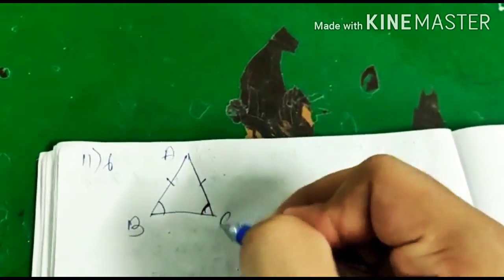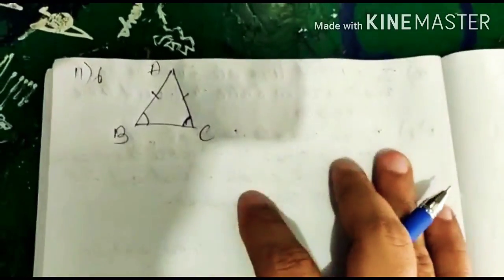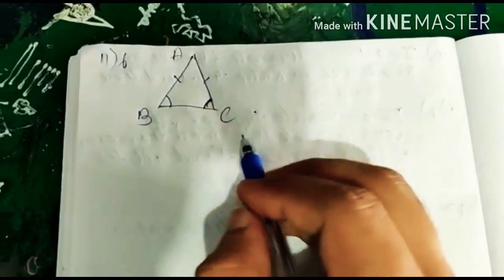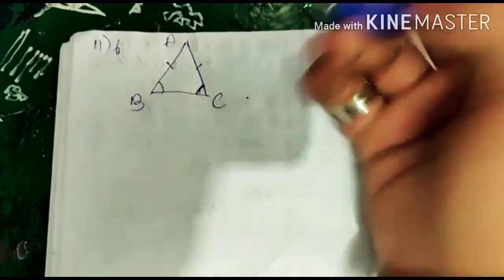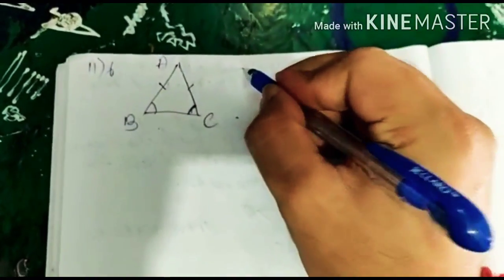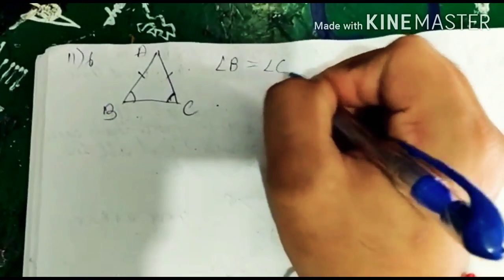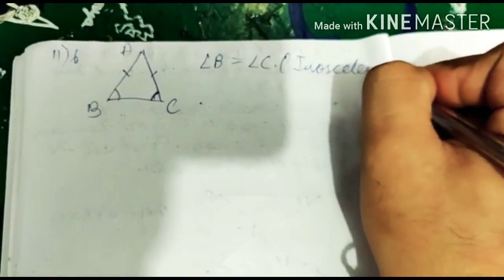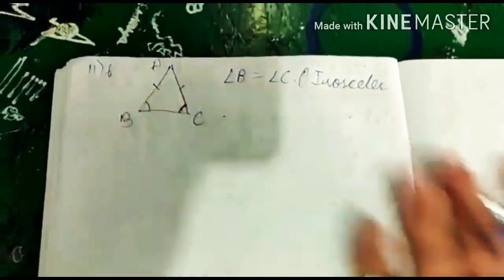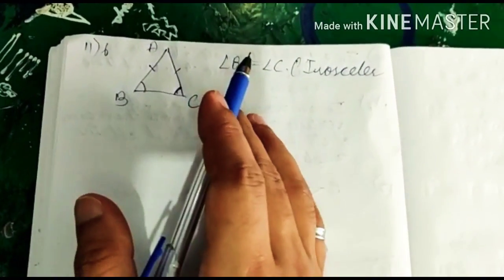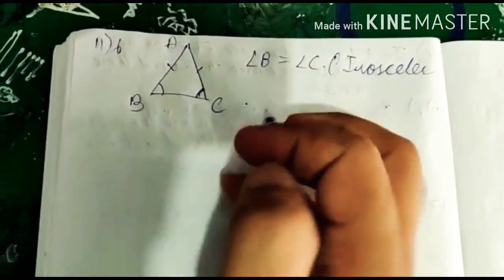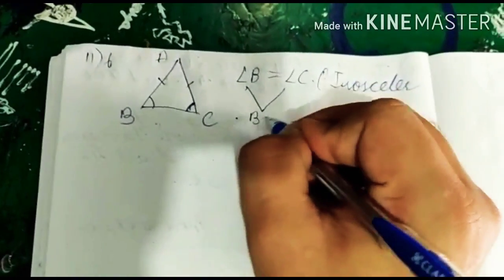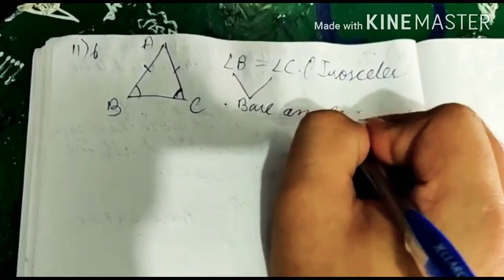A, B, C. Here ABC is a triangle and it is an isosceles triangle. So in an isosceles triangle, two angles are always equal. So what I did, I took angle B equals to angle C. Look, it was given just isosceles triangle. I have taken ABC, and B and C as equal. You can take triangle PQR, XYZ, any triangle you want. Just two angles should be equal, and the two equal angles should always be the base angles.